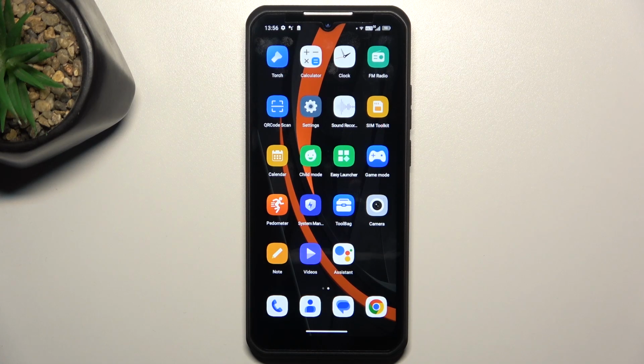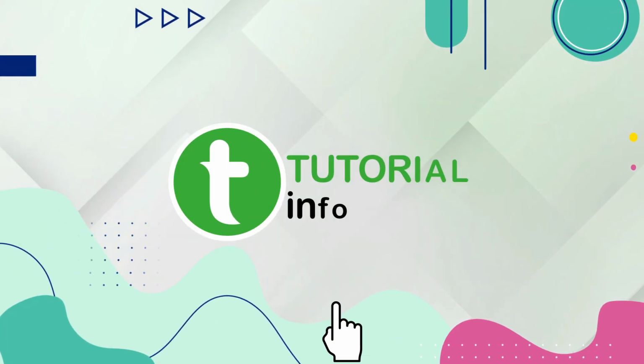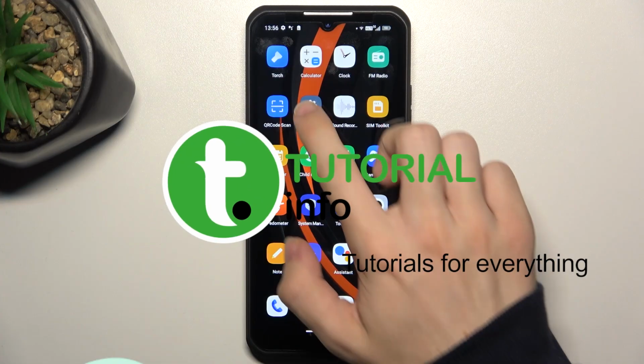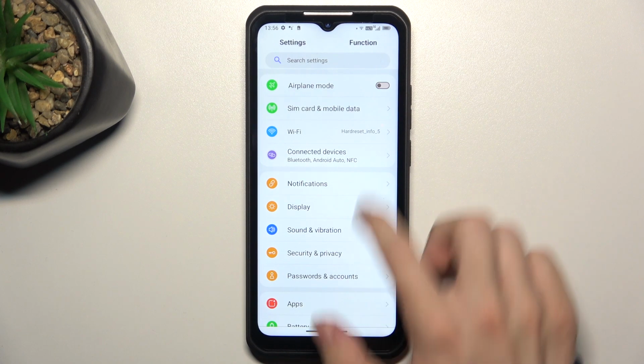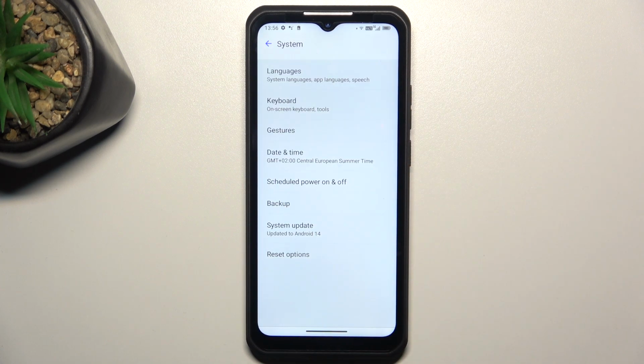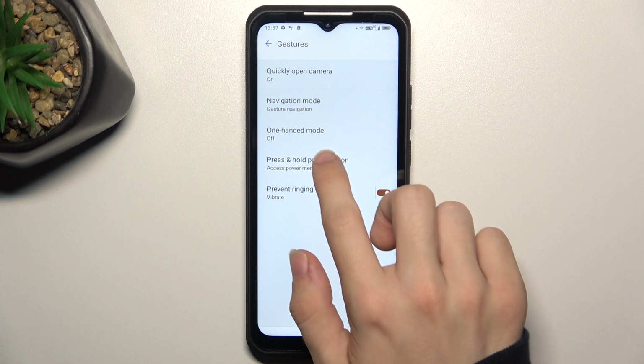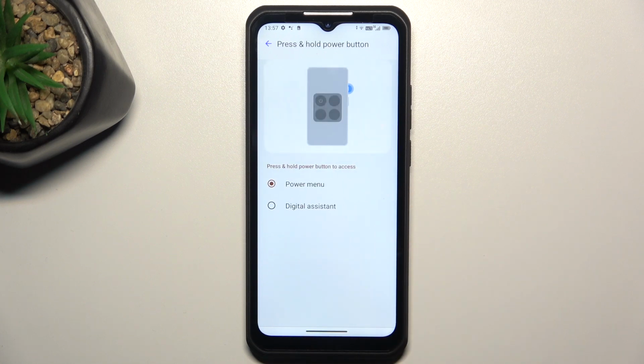Hello, in this video I'm gonna show you how to link or unlink Google Assistant to the power button on Oukitel WP50. Go to Settings, then scroll down to System, then Gestures, press and hold power button, and now you can set